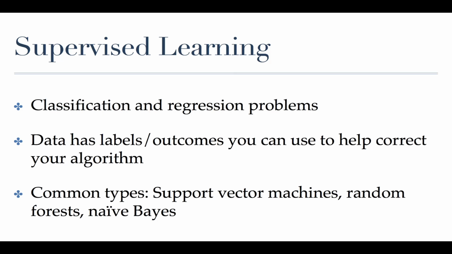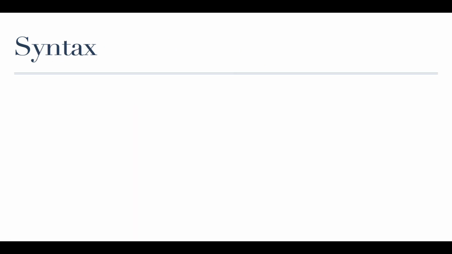So common types of supervised models include support vector machines, random forests, and naive Bayes models. None of these make sense to you right now, I realize, but these three models are going to be covered in class alongside a couple of other supervised models. So I'm going to leave it there in terms of describing what supervised learning is with words,